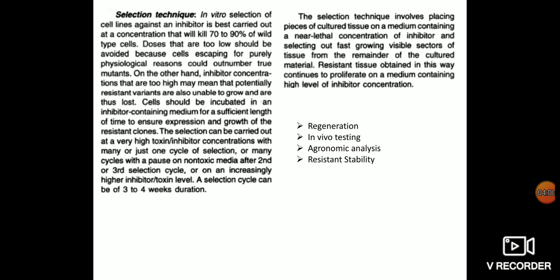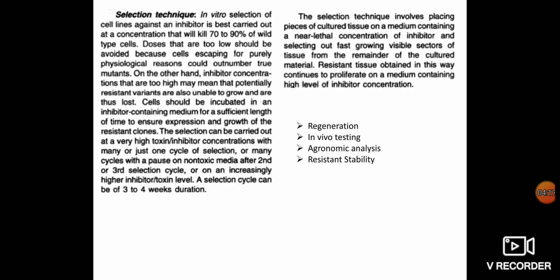Okay, first generation, second generation, we need to grow the plant, taking a seed and again growing it in the field and taking the seed. Like that, it should be checked for a particular variety, then only we can market it or field it. Okay, so that is about what we mention about this.